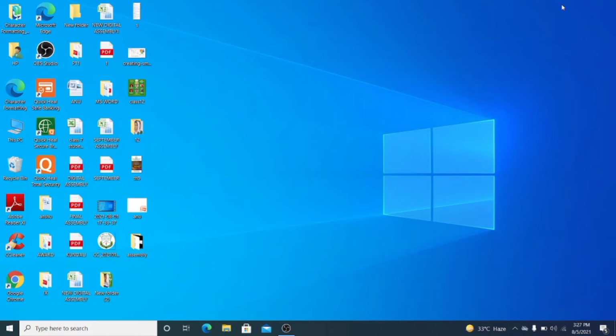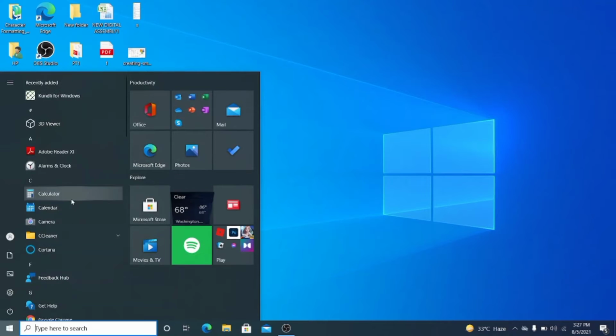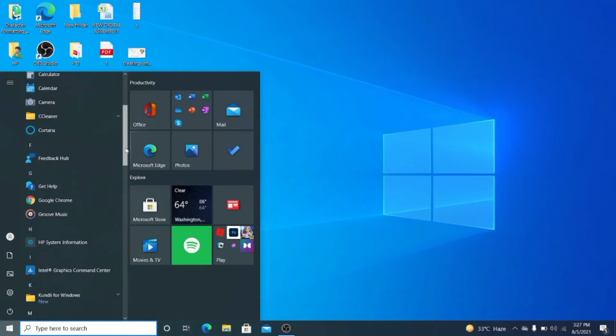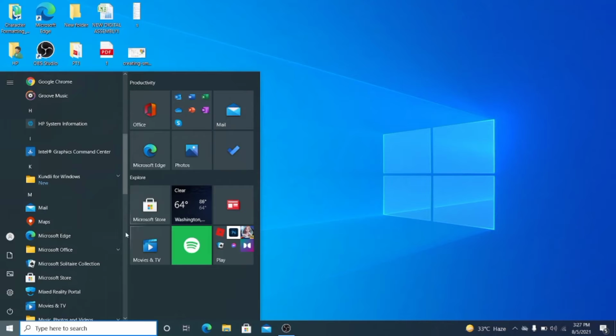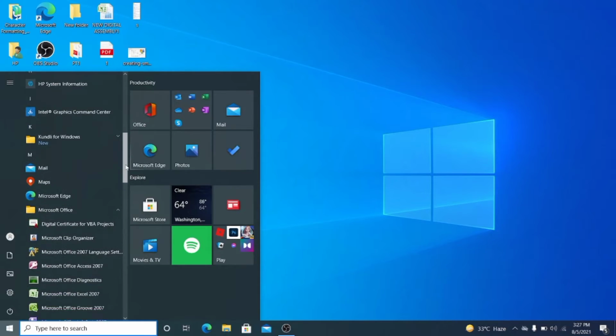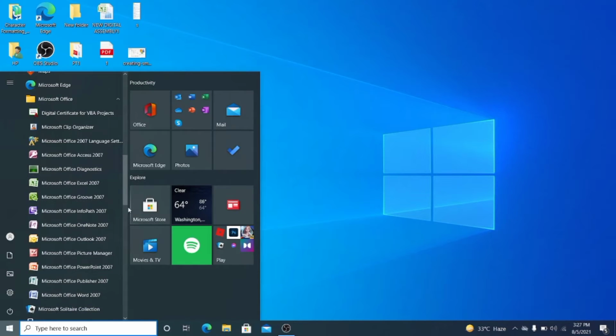We have different ways to open MS Access here. Our first way is, if we want to open MS Access in our computer system, first we have to click on the Start button. Under that Start button we have to search for Microsoft Office. Once we open Microsoft Office from here, we will be able to see in this package of MS Office that the Microsoft Office Access application will appear on your screen.